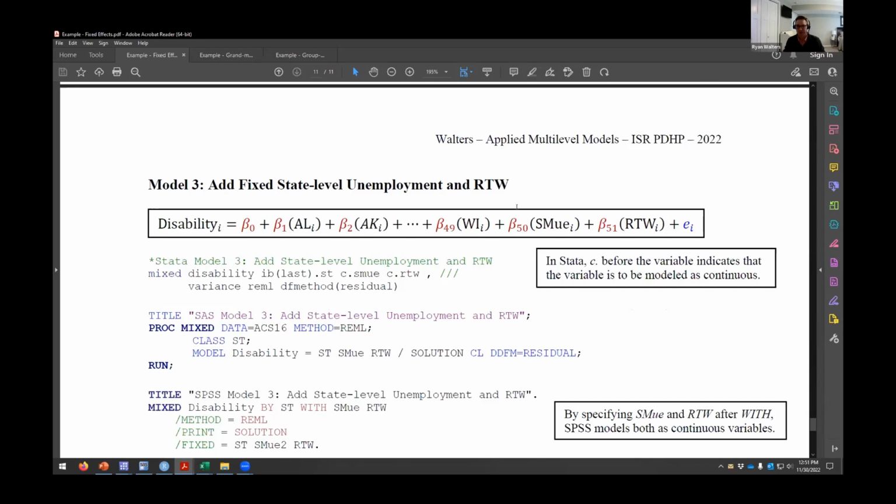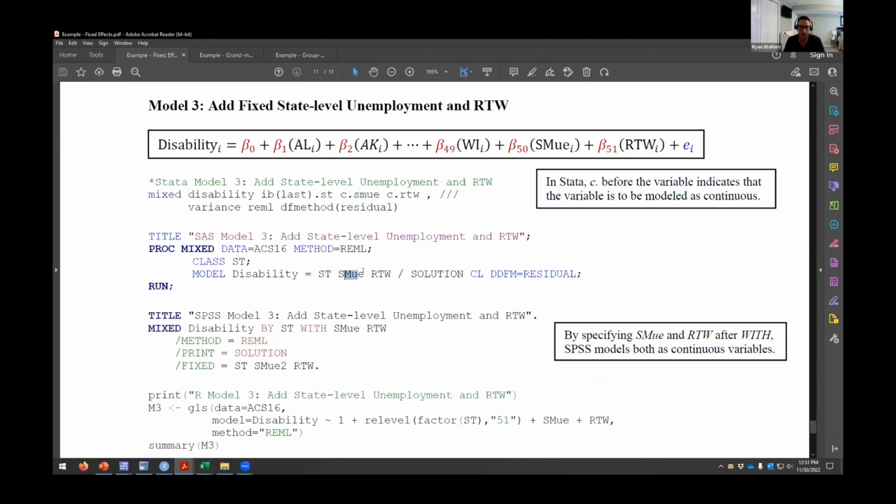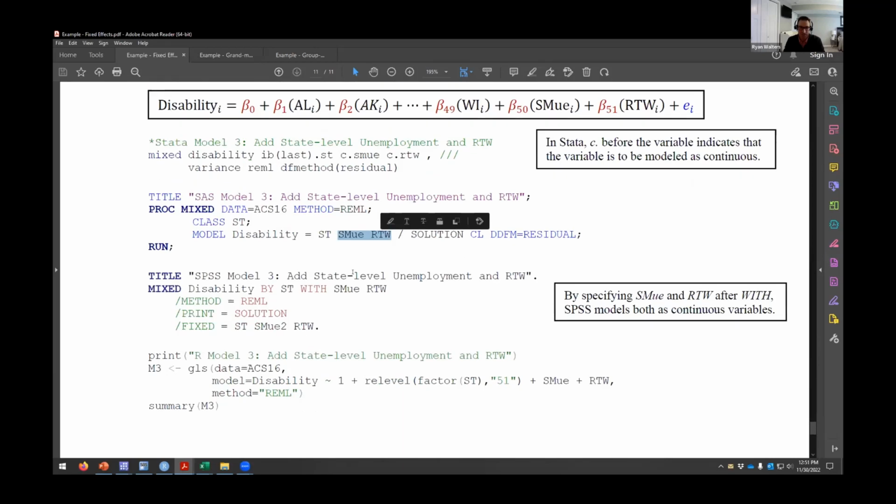And just to show you that I'm not lying to you, number one, I'm going to include unemployment and right to work. So I'm going to treat unemployment as continuous, so C dot SMUE in the mixed. And then I'm also going to treat our binary predictors as continuous, going from 0 to 1. That's going to operate very similarly interpretationally to had we treated it as a factor. But in any case, so C dot SMUE2, C dot RTW, I'm adding it on the model statements in SAS,